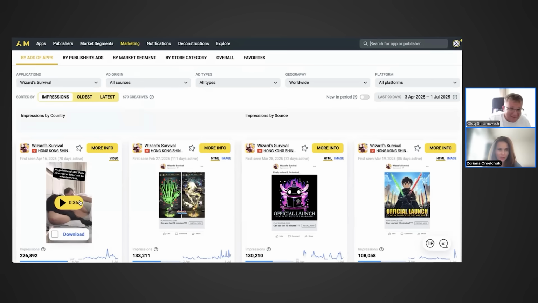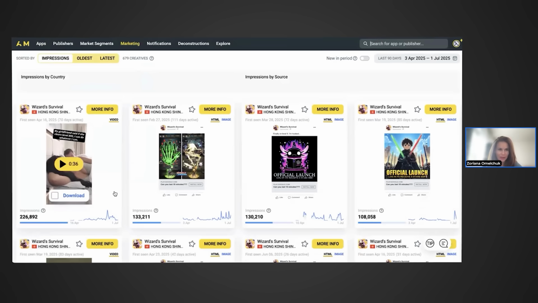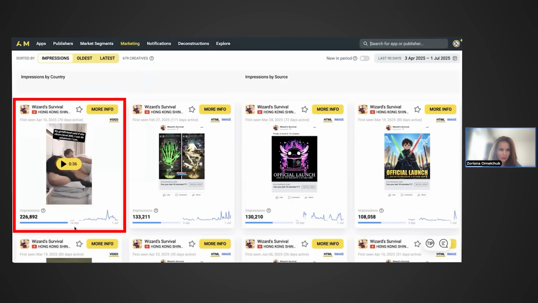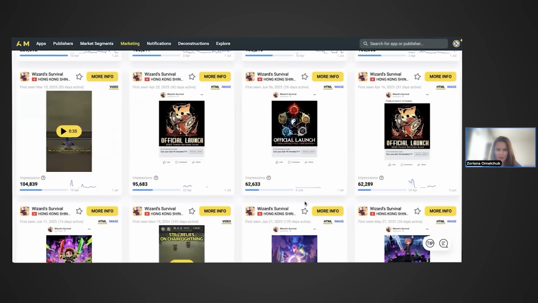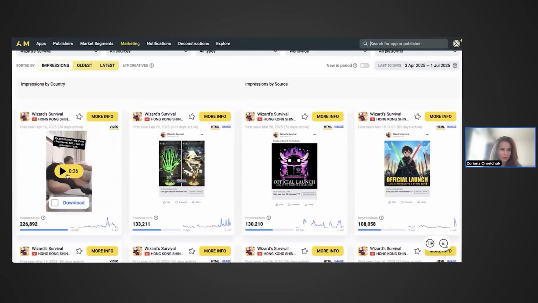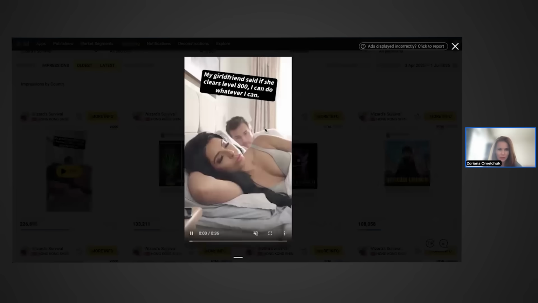Now I'm really curious. A misleading ad creative, how did it end up here? Look, this isn't a mistake. The creative was added on April 16th. There are a few impressions here. On all the creatives, as you can see, 200,000 is really nothing, but it's still an interesting creative idea that